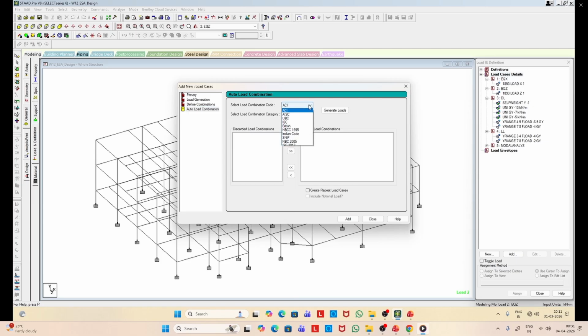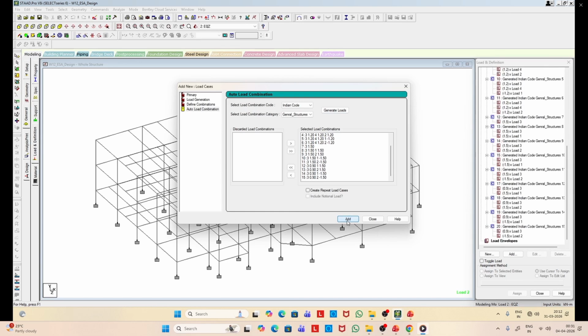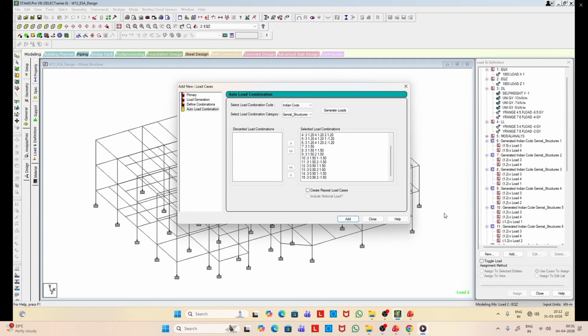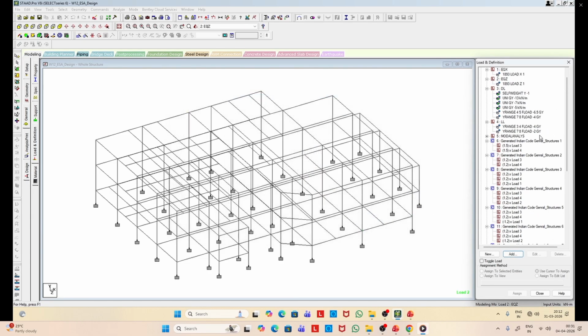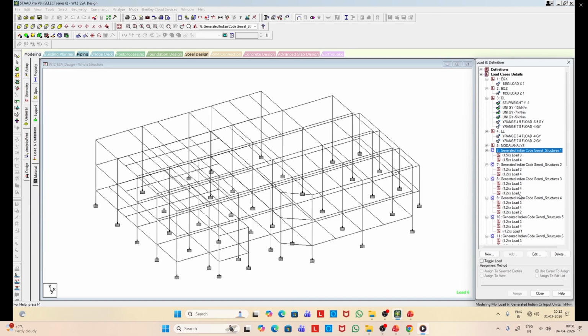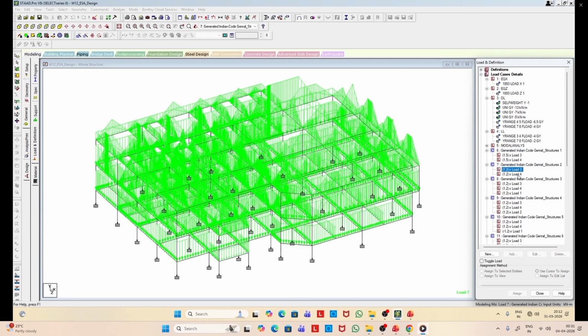Now we have to apply the load combination as per Indian Standard Code. So the load combinations are generated, as you can see, with appropriate factors, right? So once we add that, we have these complete load combinations corresponding to different load case number. In fact, these load case numbers we will identify once we complete the design. We'll see which one is the critical load case, and you'll see for different members, these critical load case numbers are different.